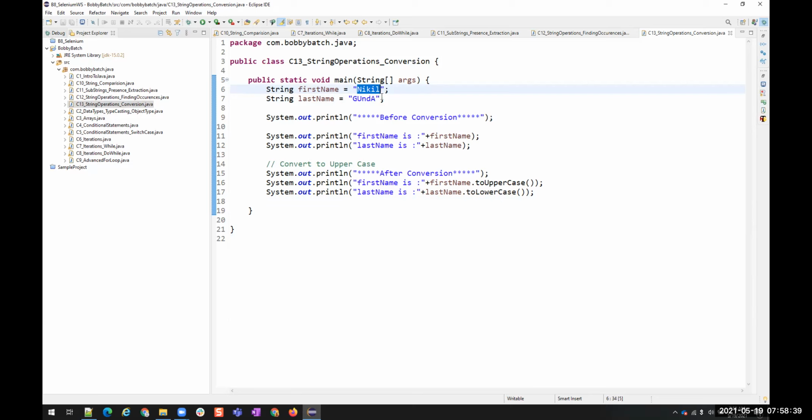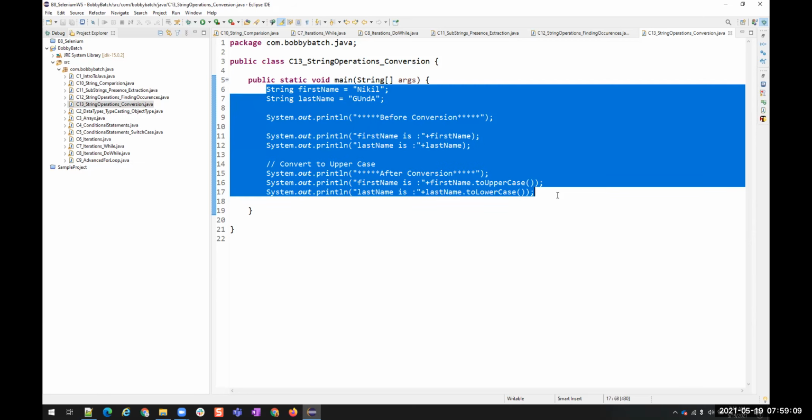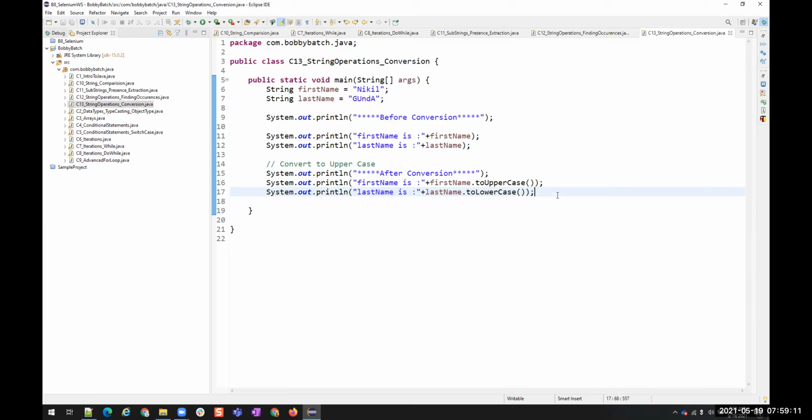Understood? So we use this sometimes when we want to compare the string values. Generally in other languages we have to do that. But in Java, when you want to compare ignoring the case, we already have equals ignore case, or compare to ignore case. So there is no need of conversion, but still we have these methods. I'm letting you know that if you want, you can convert these to uppercase or lowercase.